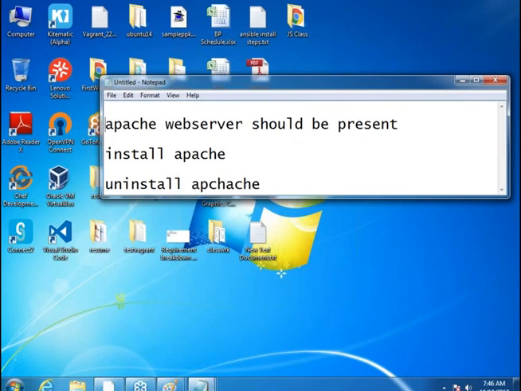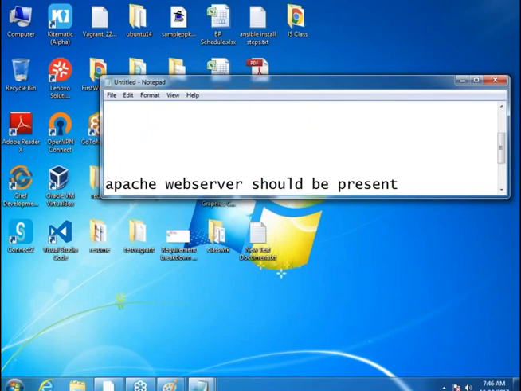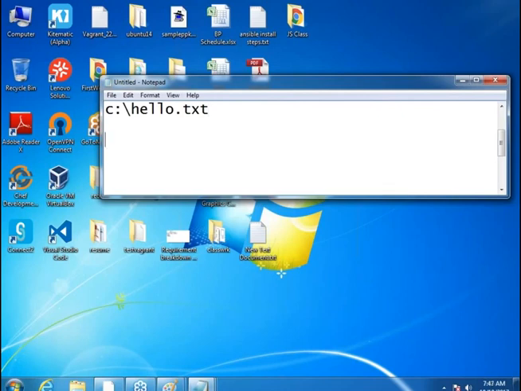For example, you said that I want a file in C drive, and I want to call this file hello.txt. So this is what you want. You have written some instruction which looks like that: file C hello.txt should be present. I'm not writing about content. You have just said that this is the case. And you execute Ansible, you will get that file.